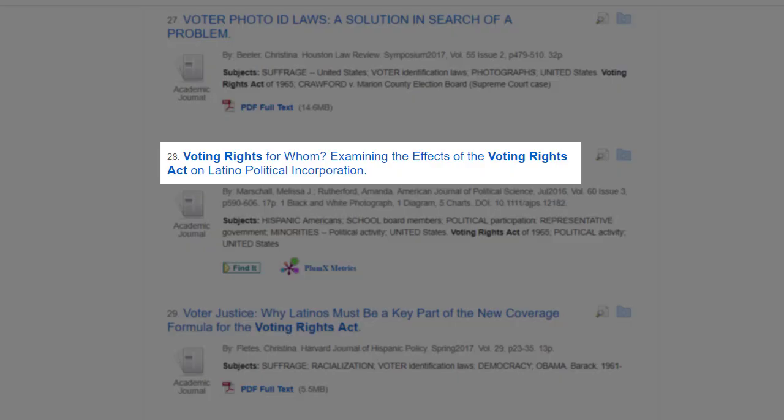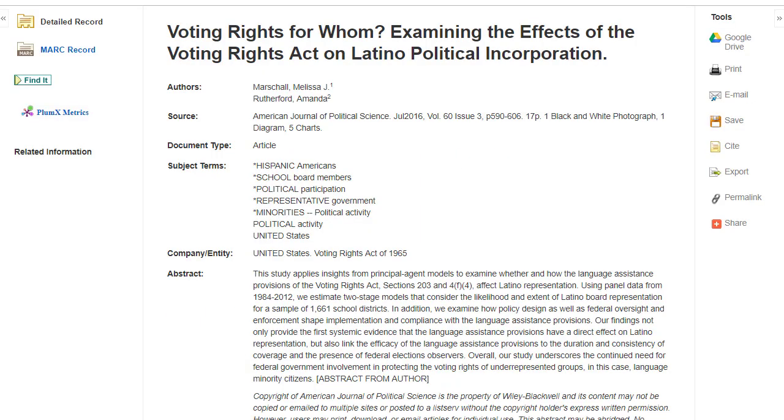To access the record, click on the title of the article you're interested in looking at. This is an article record. It contains helpful information such as the author, the source, and hyperlinked subject terms that you can click on to find more resources on those topics. You'll also see the abstract, which provides a summary of the article so you can tell whether the article is